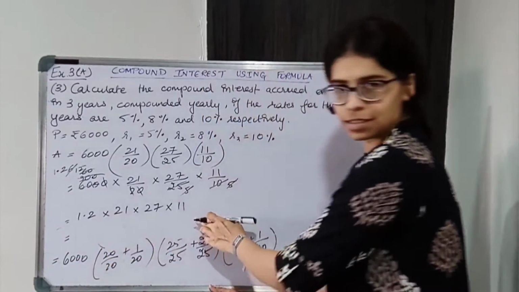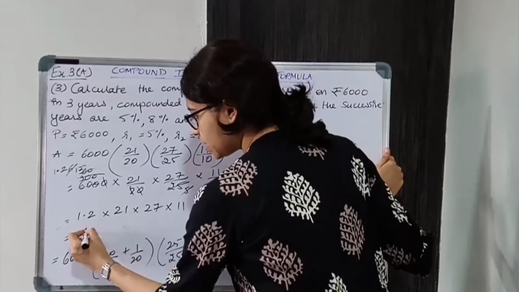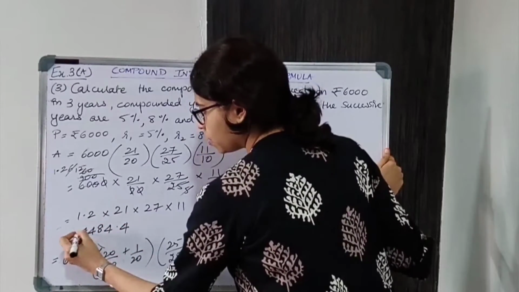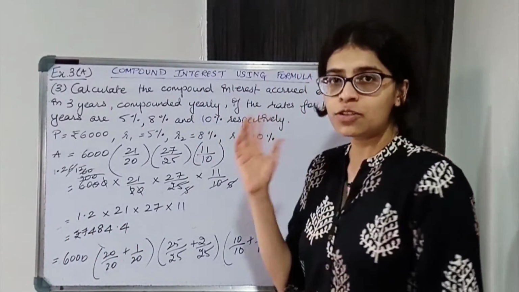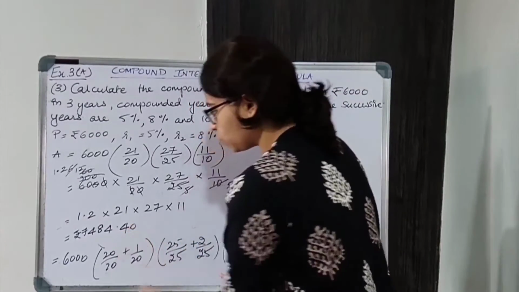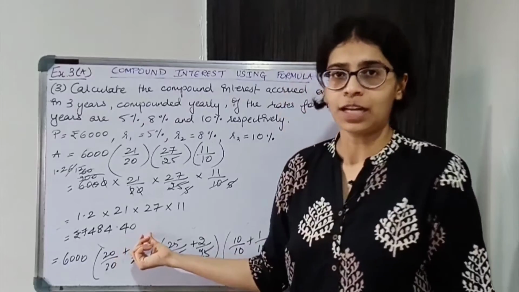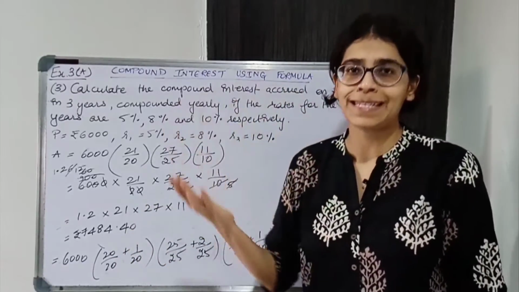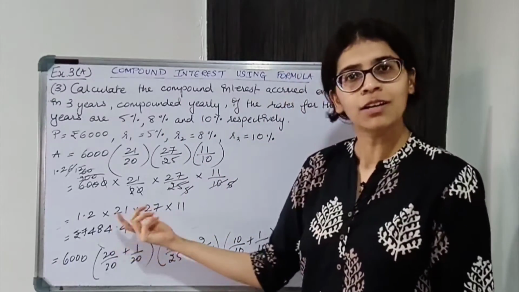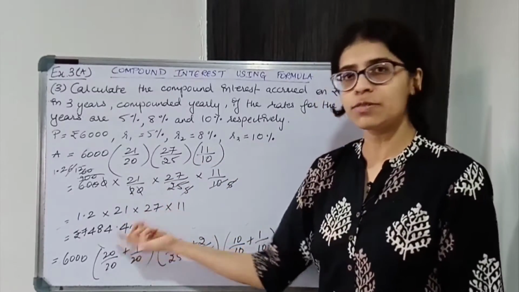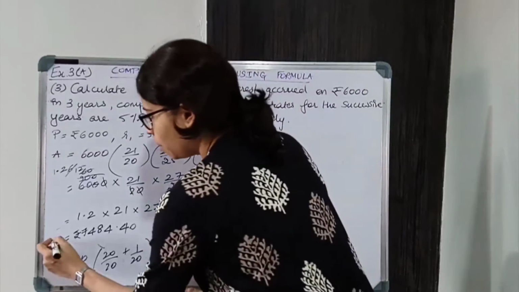So multiply this, okay. So this is 7484.4 rupees. Now whenever there is rupees, what do we do? We put 0, okay. 0.4 will be, 0.5 will be, 0.6 will be, put a 0 after that, okay. That denotes the paise, okay. So it becomes 40 paise. If it's 5 then it becomes 50 paise, okay. So we just put 0 after that. Now we got the amount.